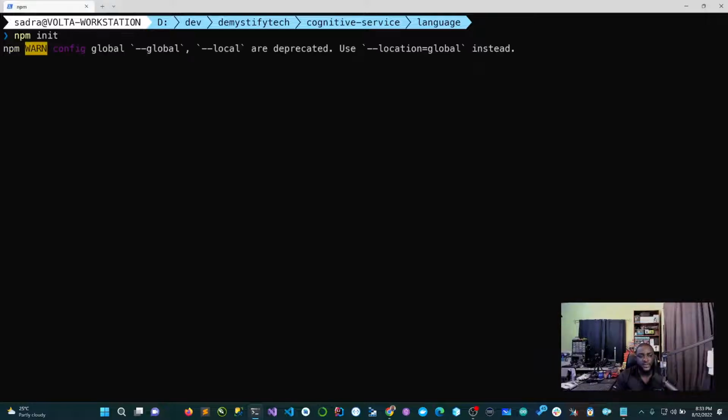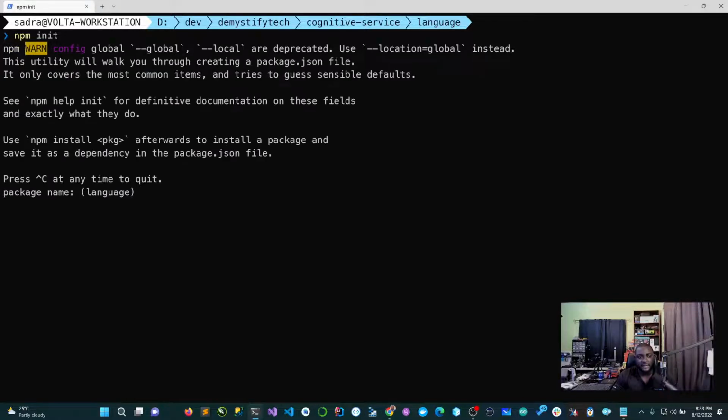So this is where the problem was last time. And like I said, all I had to do was uninstall and actually update my NVM and then reinstall the node package. Okay, we'll call this language, we'll call this version 1. We'll just say the application is sentiment analysis sample